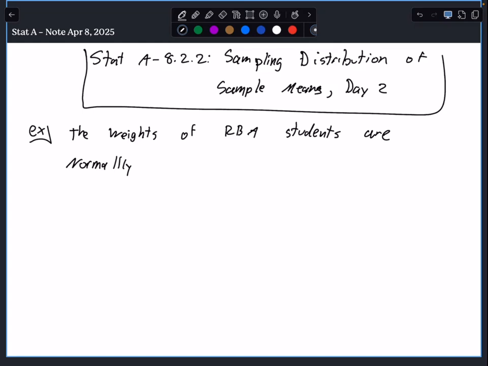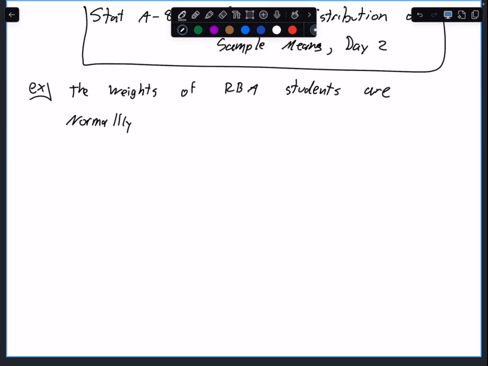So everything at the beginning is identical, and then it switches to this idea of the sampling distribution. Is normally distributed with a mean of 140 pounds. So the average student is weighing 140 pounds,